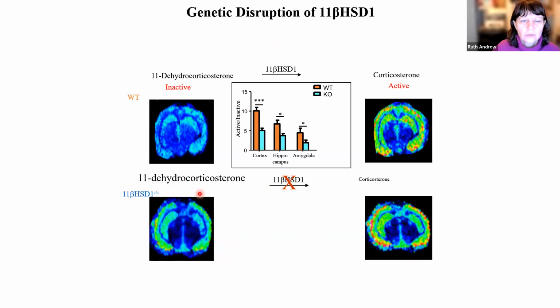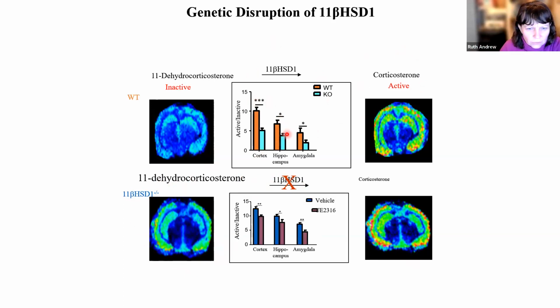And you can see in the turquoise that in our knockout mouse, we had about the ratio roughly halved. We could do that with the drug as well, and with the dose we gave, we showed about a 20% reduction in this active to inactive balance. So that has fed through to improvements in behavioural aspects of Alzheimer's disease, and I'd say the drug's still going through clinical trials. In these studies also, we used some of our stable isotope tracers